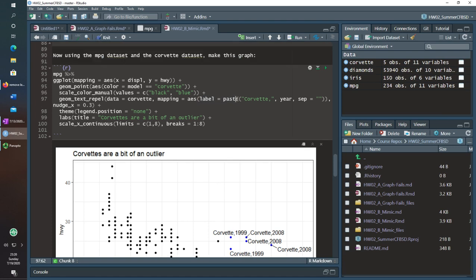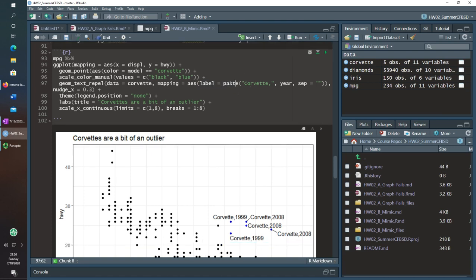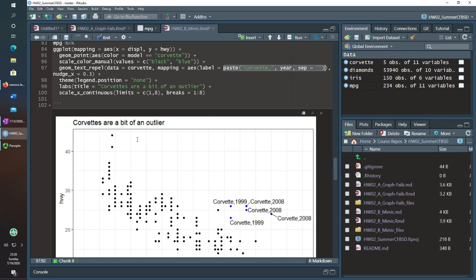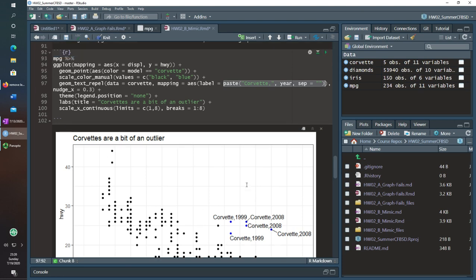And then I made your life difficult because I also wanted to show off the paste function. So what this is going to do is take the year for each value here. In this case, it happens to be that they're all Corvettes. If I wanted to do this for every single dot here, I would have to change the Corvette here, and I'll do that after this to show you how you would do it.